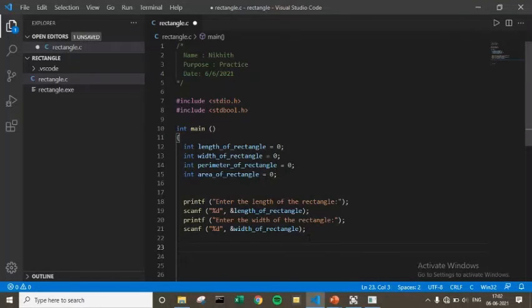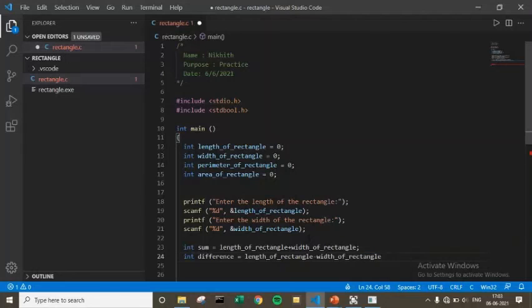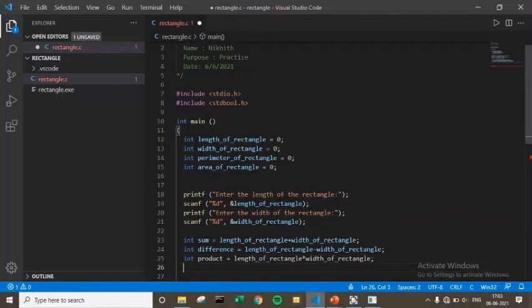So here, let me perform some operations. Let me declare a variable called sum of int type, and let me add length of rectangle plus width of rectangle. Int difference is equal to length of rectangle minus width of rectangle. Int product, which is equal to length of rectangle into width of rectangle.